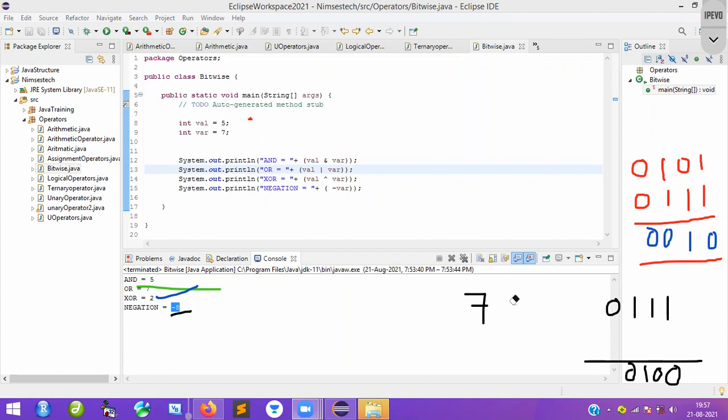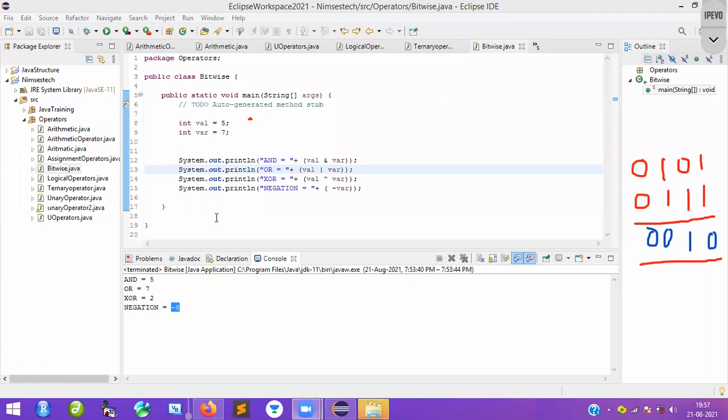110. Okay, you check it out. So basically, you are going to get minus eight here as per that. Okay, you check this one. Minus eight, you check it out.